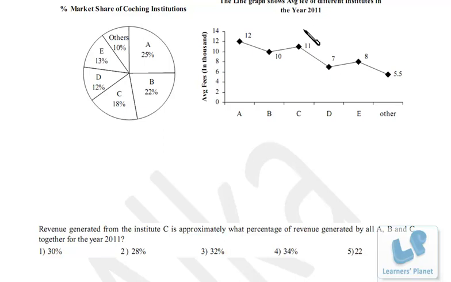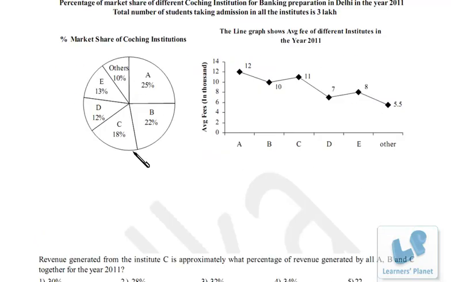Revenue generated from Institute C will be what? First of all, the total number of students are 3 lakh, and out of that contribution of C is 18%. So precisely it is 3 lakh and 18%, right? In the denominator, the calculation of A and B and C will also be there. So A, 25% of 3 lakh into fees is 12,000. So actually in the numerator and in the denominator 3 lakh is getting common, so that will be cancelled. So I just eliminate that, right? So now in the denominator 25, and similarly percentage will also be common, so I skip that also.